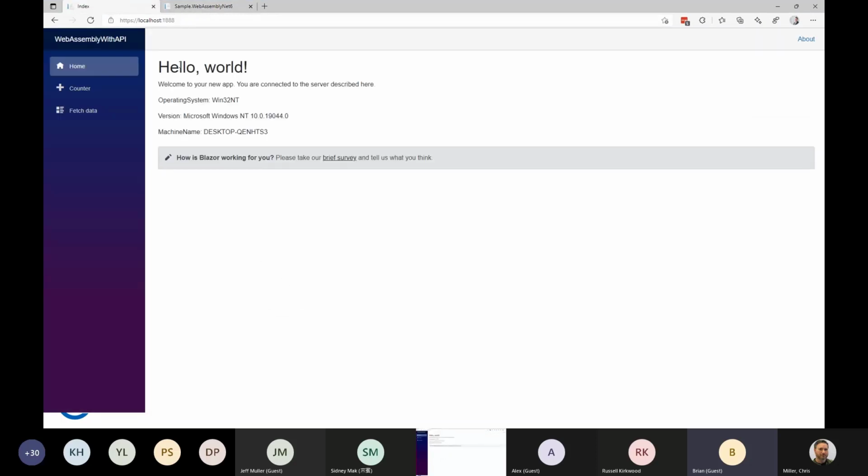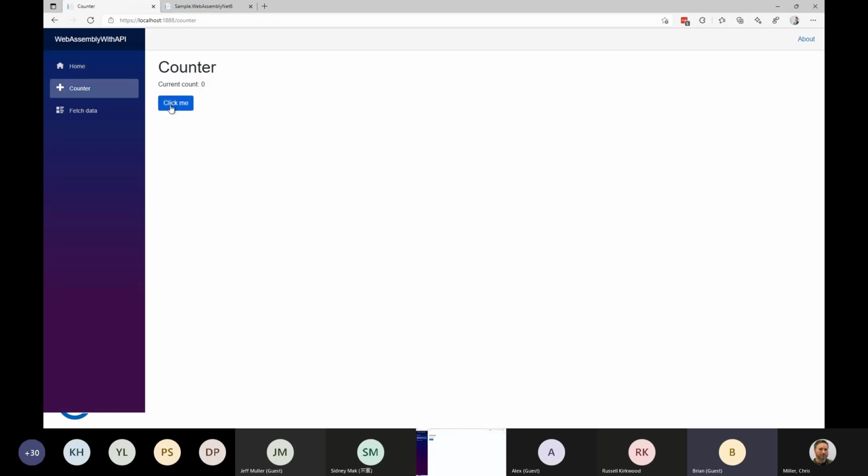Okay, so in the counter component, I'm going to click. Now we have an extra response, number 3 from server process, and we just grab the assembly name of what's running on the server, just to prove that I did call over a web service and I did jump to the web application.